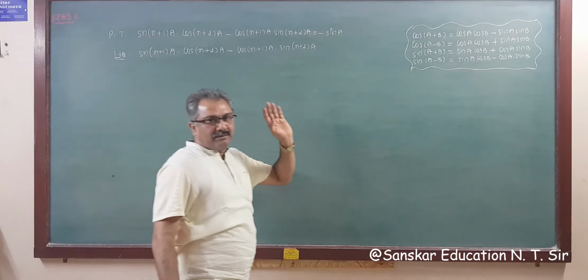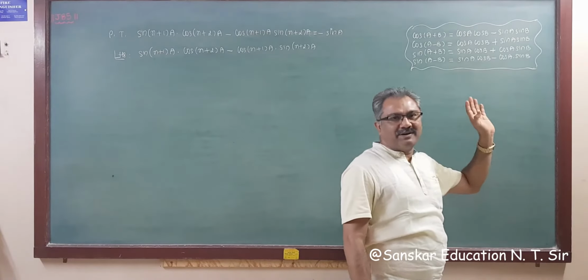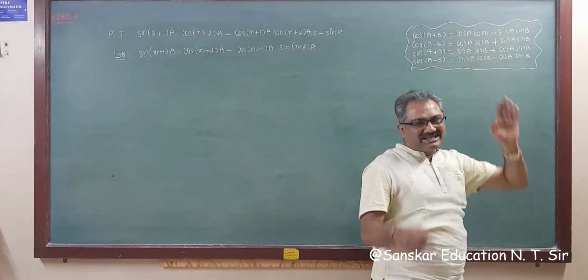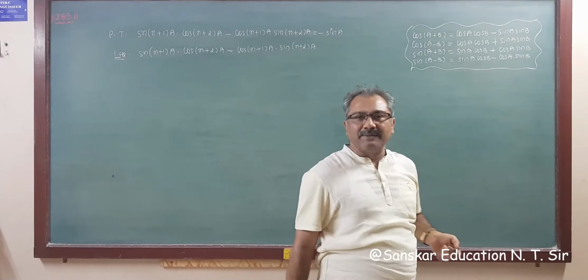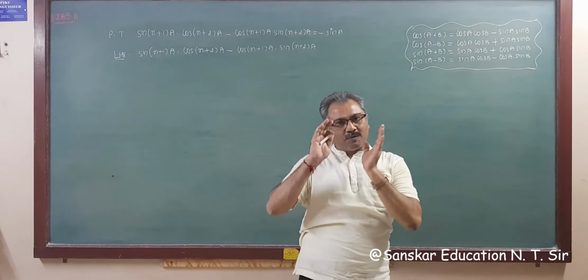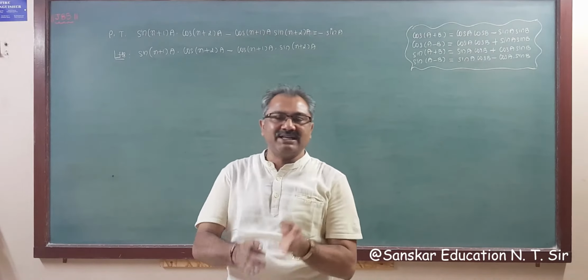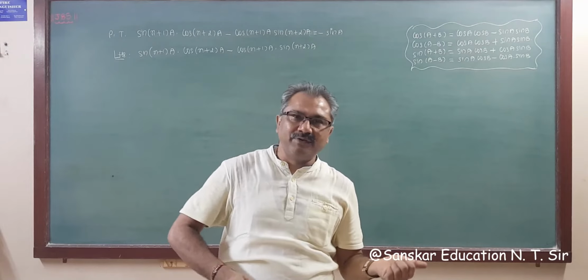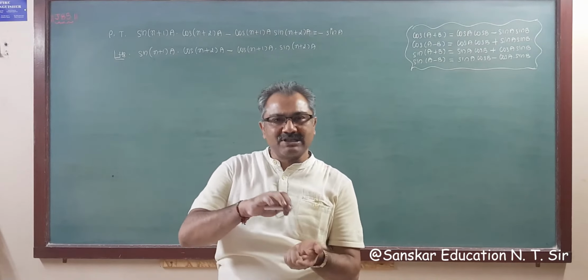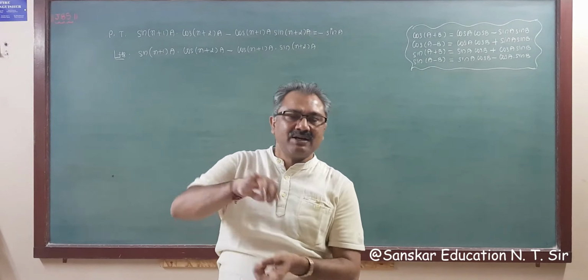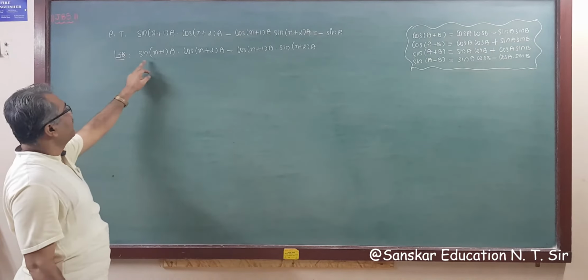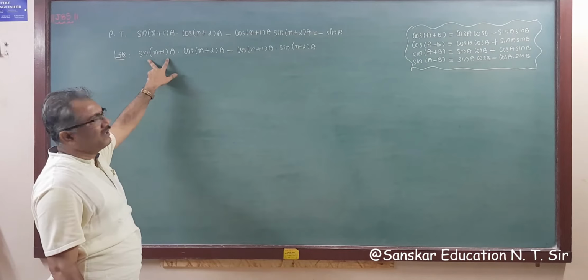It is never given in this form. You sometimes have this type of form also, meaning the right hand side too you have to convert to the left hand side. You should know the formulas: in the cos formula, cos cos comes with plus and minus sin sin, and in the sin formula, sin cos with plus then plus, minus then minus, and sin cos reverses. So see here, this is sin a plus 1a.